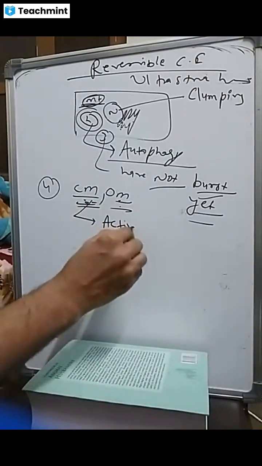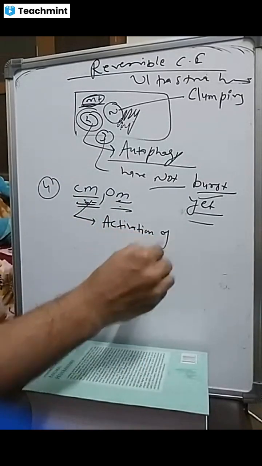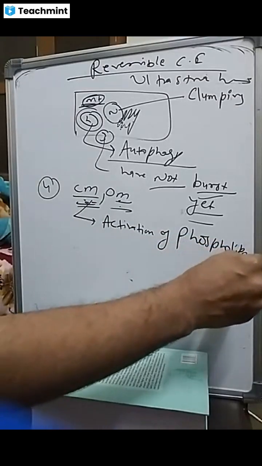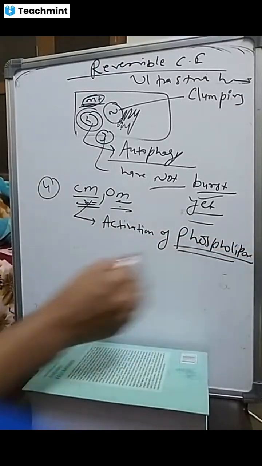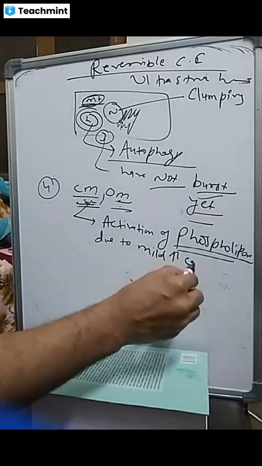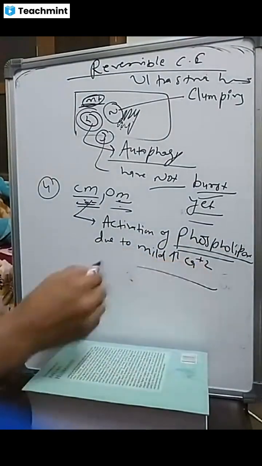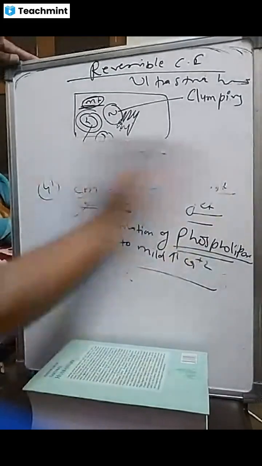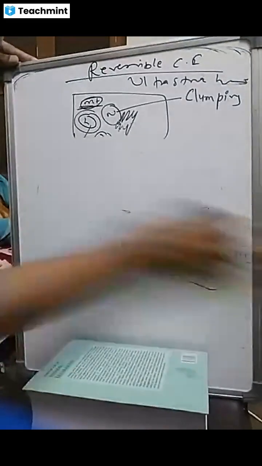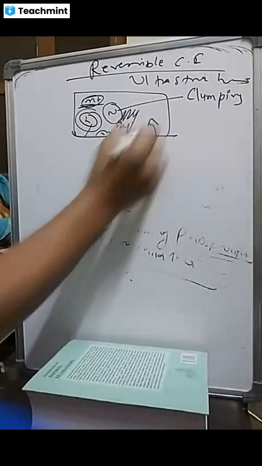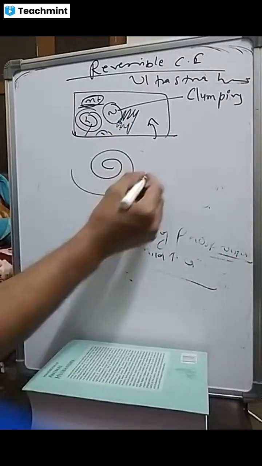There is activation of phospholipase due to a mild increase of calcium. These cell organelles or cell membrane may fall inside the cell and form a structure like this,